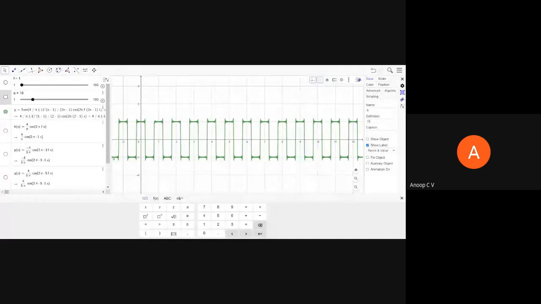What we have done is, a square wave can be represented as a weighted sum of cosinusoids, right? The same thing is what we have used for the switching modulator also. But for the switching modulator, we had a DC term as well. I request you to try out whatever we have done for the switching modulator in this GeoGebra, or if you want, you can try it out in MATLAB also. But you can see some spikes here wherever there is discontinuity.